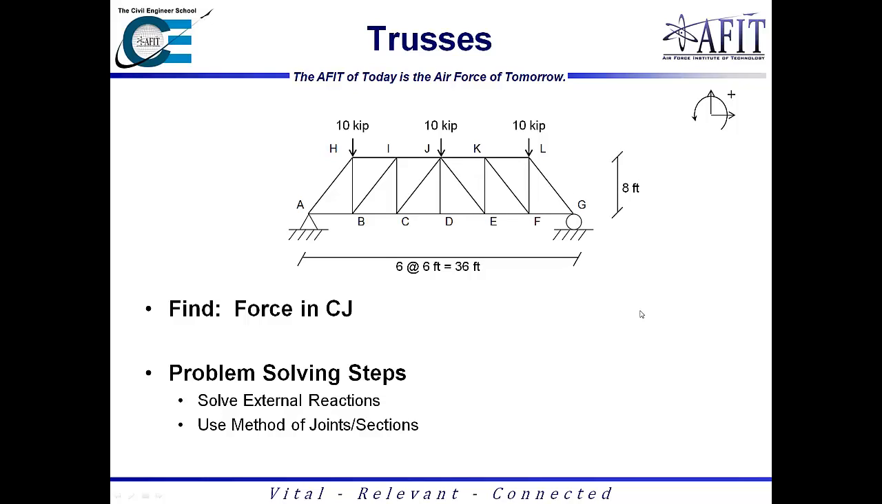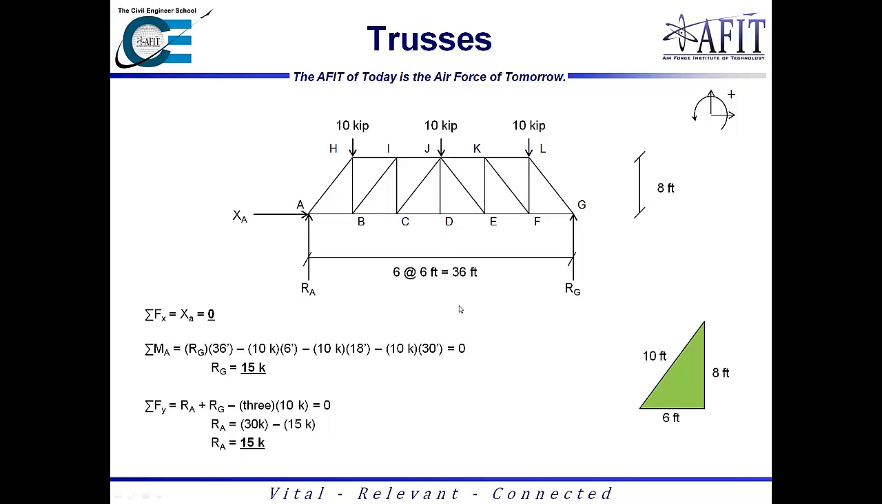The problem that we're going to have right now is we're going to try and find the force in CJ, which is this member right here. With method of sections, the way we're going to have to do this is we're going to have to solve for the external reactions first and then break it down piece by piece until we get through this. Solving for the reactions right now, we have R sub G is 15 kips